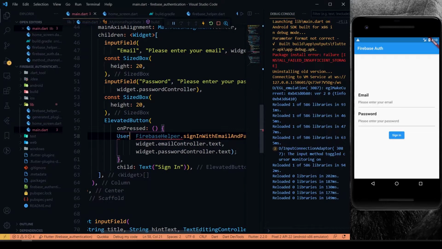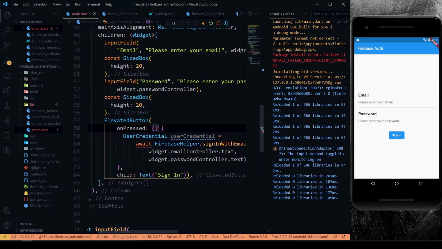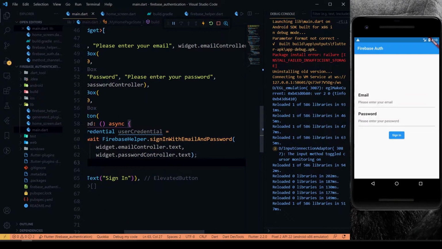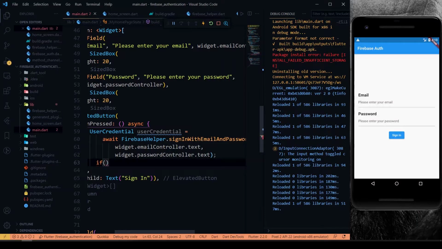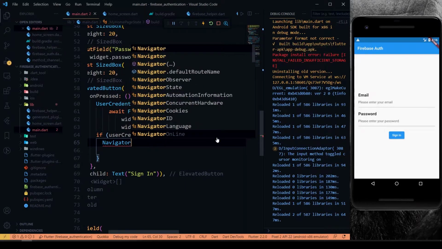Now we will be getting a user credential object from our helper class. Make this asynchronous. So if credential dot user is not equal to null, inside this, I'm just navigating to our home screen here.